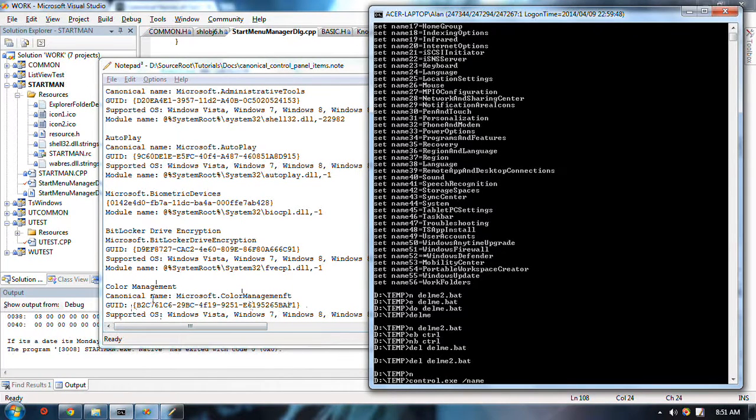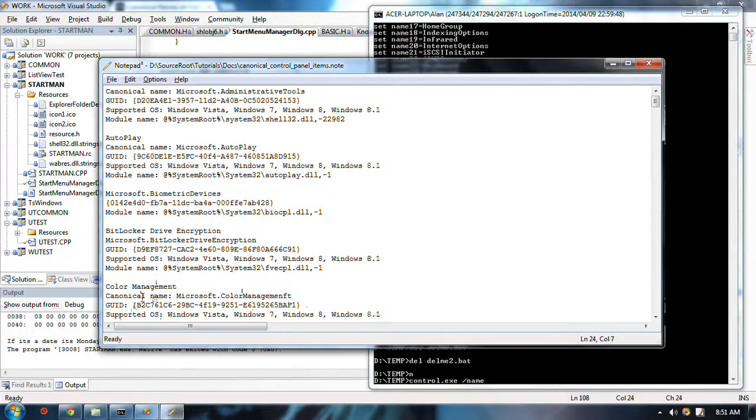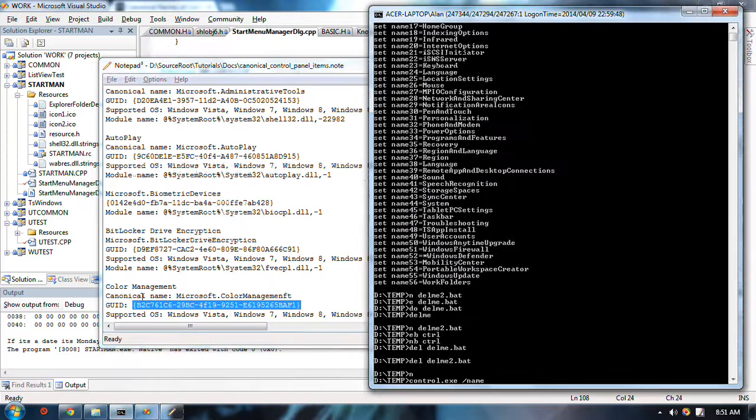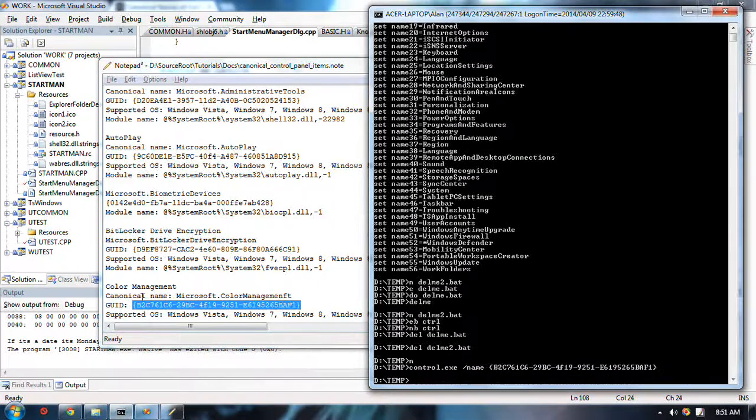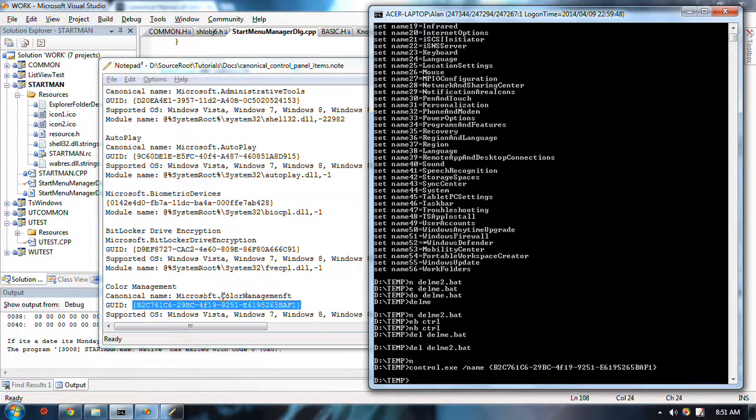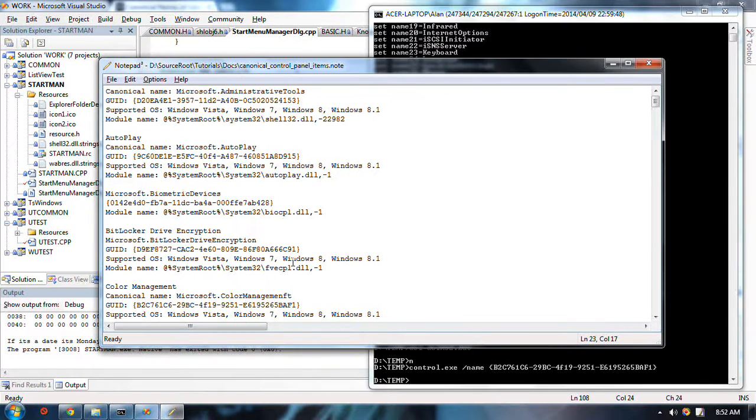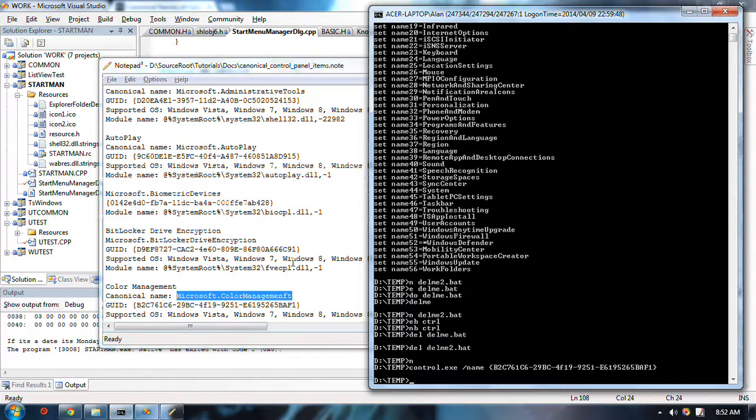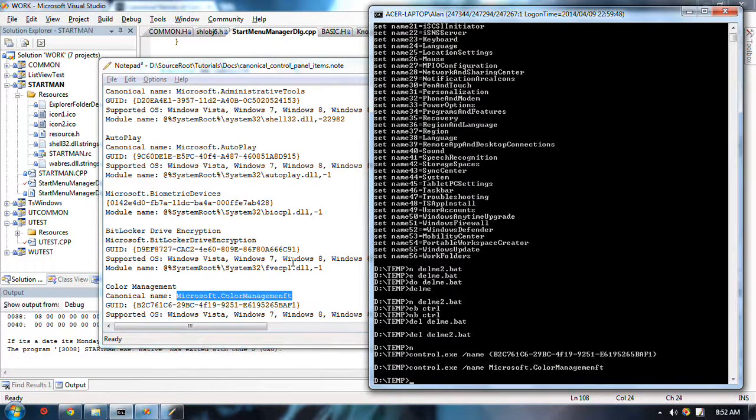So let's say I try color management. I can try this. And that gives me color management, right? Or I can use the canonical name. Now this is just for control panel, but obviously there are